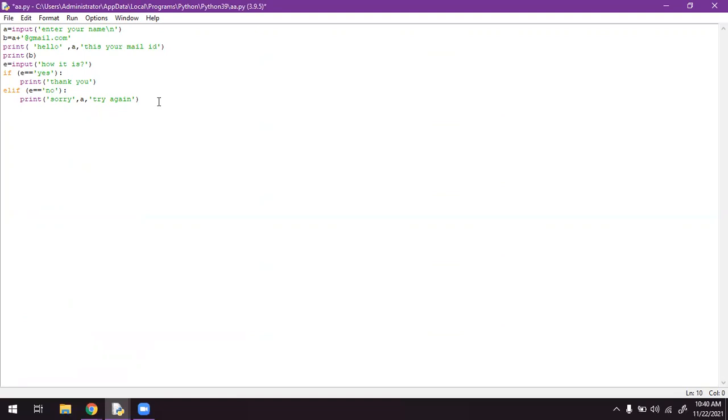So if you want to write a last condition, then you have to use else. Other than yes or no, if you type anything, what do I have to do? Sorry, it's a syntax error.